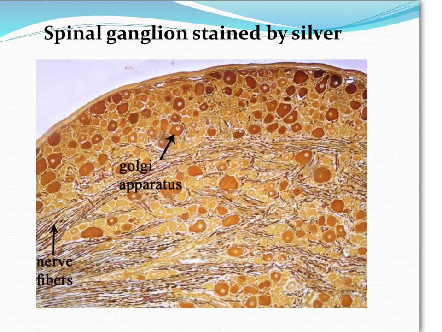Here we have also the brown coloration around the nucleus. Why? Because silver stains the Golgi apparatus, which is a well developed network around the nucleus. Why do we have brown coloration for these nerve fibers? The brown coloration here is due to the staining of the neurofibrils, 2 micrometers in diameter, in the nerve fibers by